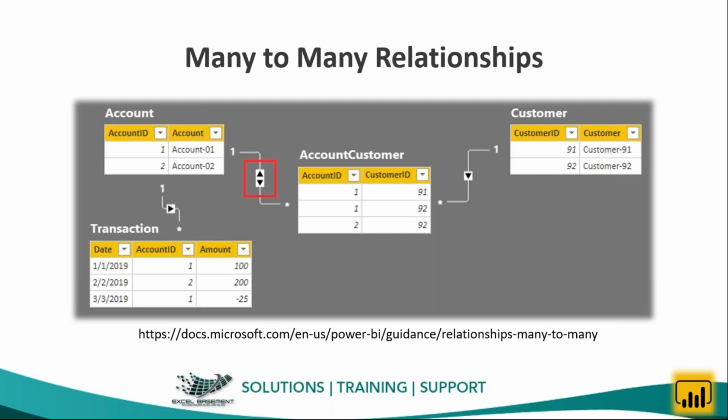So we create bidirectional exchanges between the relationships, and this works as many-to-many. I have also mentioned the link here, in which you can go through the case study and find out how and when to create many-to-many relationships. But there are very rare cases. It all depends on your data model, which kind of data model you are working on, and the business flows and the different tables decide whether you create one-to-many relationships or